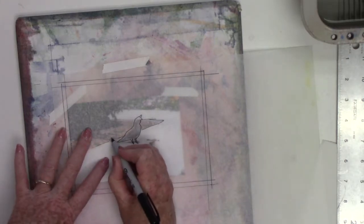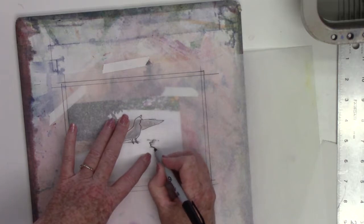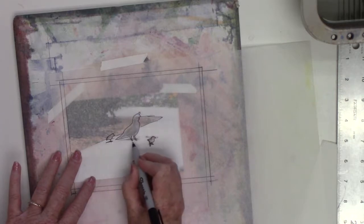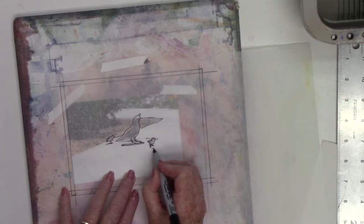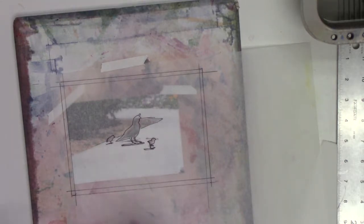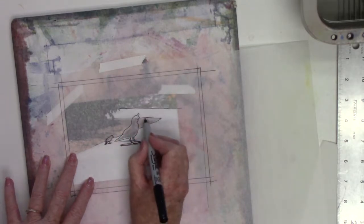And then I have the little chicks that are almost not able to see, and they have a tiny little plume. I really like this one's little legs in movement, and then I want to make sure I capture the shadows on everything. So I have to think about making that all bigger as well. And so this little guy, his little shadow will be there. It doesn't quite extend to the little leg that he has in the air, and this one's kind of running to catch up. All right, and then I want to put the sidewalk over there,